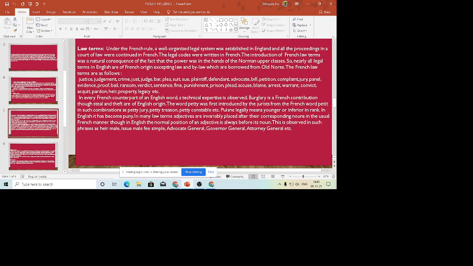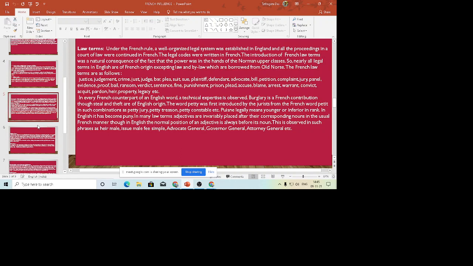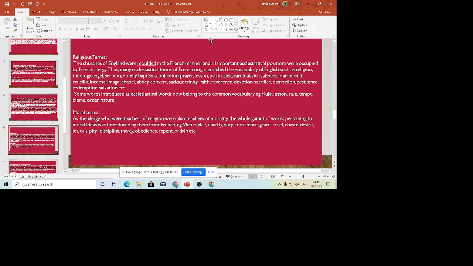I think you have understood this portion. I'll just do one more slide and we can stop. So now we come to the religious terms, the words which are borrowed from the sphere of religion. The churches of England were molded in the French manner, and all important ecclesiastical positions were occupied by French clergy. Thus, many ecclesiastical terms of French origin enriched the vocabulary of English, such as religion, theology, angel, sermon, homily, baptism,